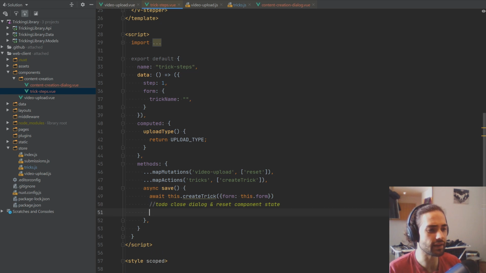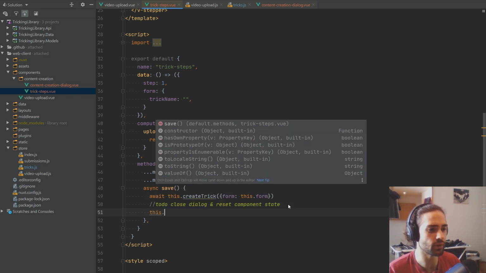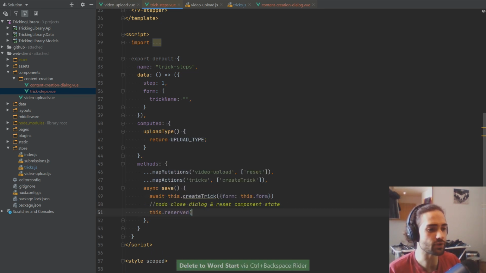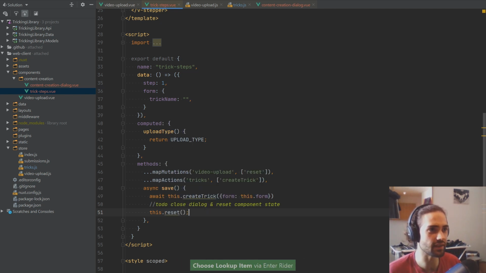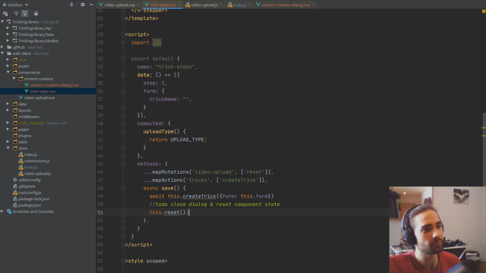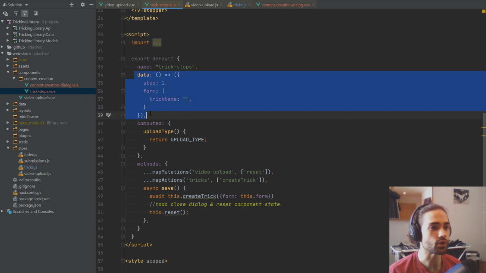And let's go ahead and actually do this, right? So probably be able to resolve this right here. So reset. So we're just gonna reset the video upload store, and that should force the content creation dialog to basically close. Okay. And after that closes, what we want to do is we also want to reset the data